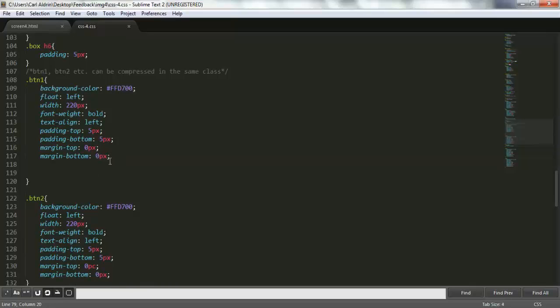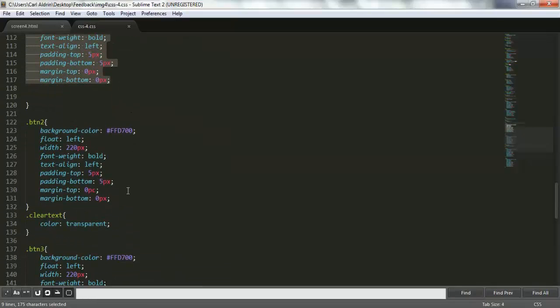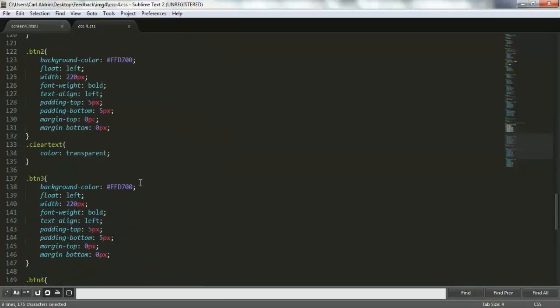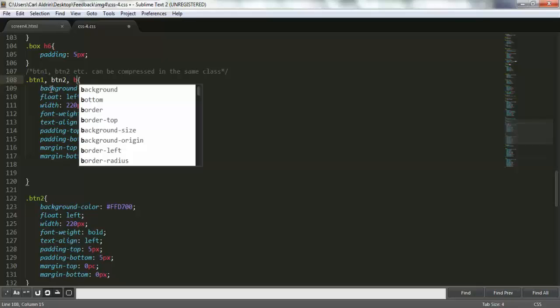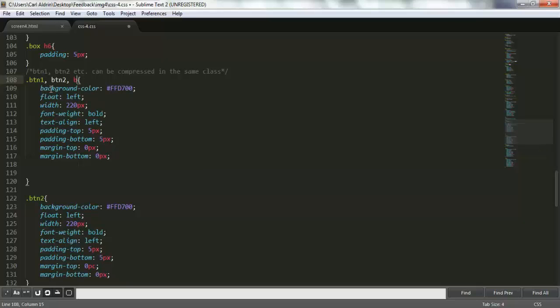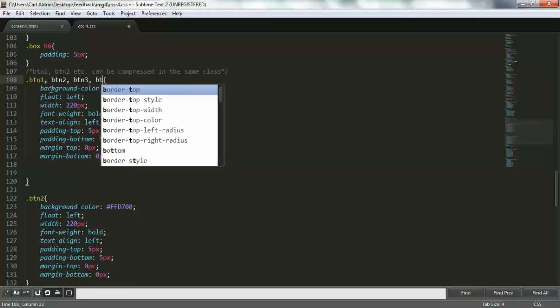I can see that the buttons have the same attributes, so I think you can compress them in one code, like putting button 2 here, button 2, button 3, button 3, and button 4 here.